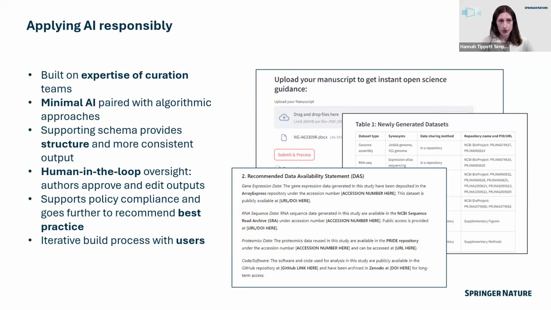The tool ensures policy compliance, but the guidance it provides goes a step further than that. So it helps you align with best practices in data sharing, not just simple baseline policy compliance. It is being developed as we speak in an iterative, user-informed process and is currently in pilot use across a select number of our journals. Next slide.